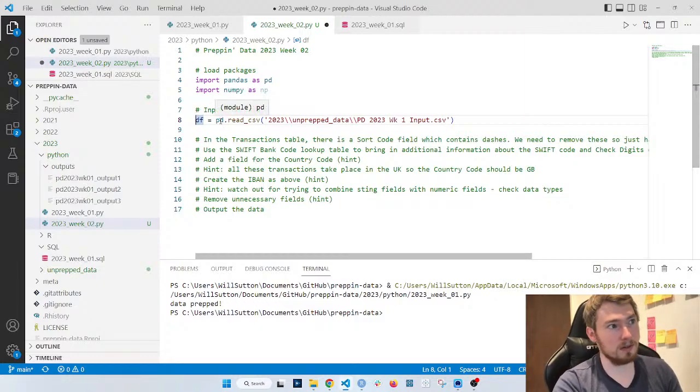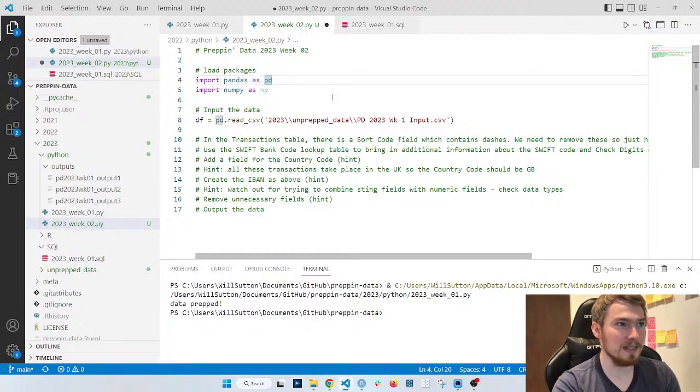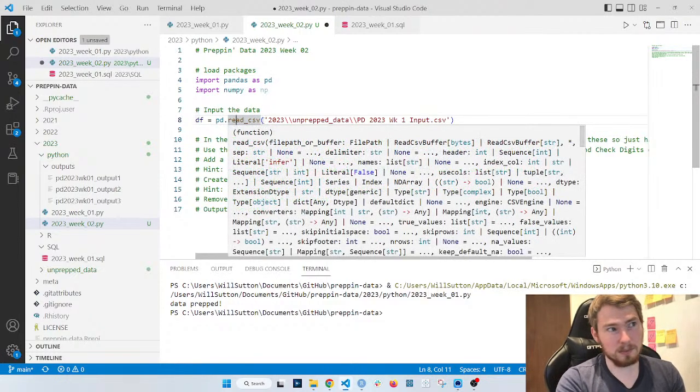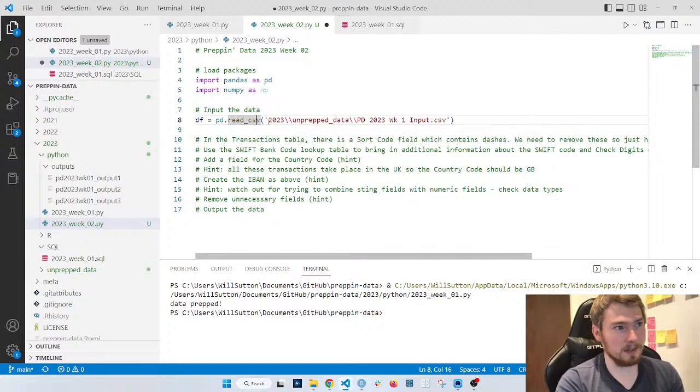What this code is doing is taking the pandas library. You can see pandas has been given this alias, or name, pd. This just means that every time you reference this package, you can use the name pd instead of pandas. It's very commonly used in all the solutions you'll find and makes it quite quick to then write code. And then we can call a function from that called read_csv in this case. Then I'm using this file path to find my CSV file.